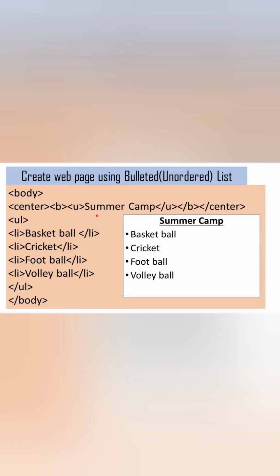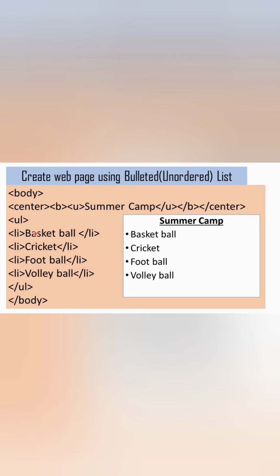Now after this, I need my list of items as bulleted list, or unordered list. So I have to use the UL tag, unordered list tag. Open an unordered list tag and close the unordered list tag. In between this pair of tags, you have to use the list item tags.